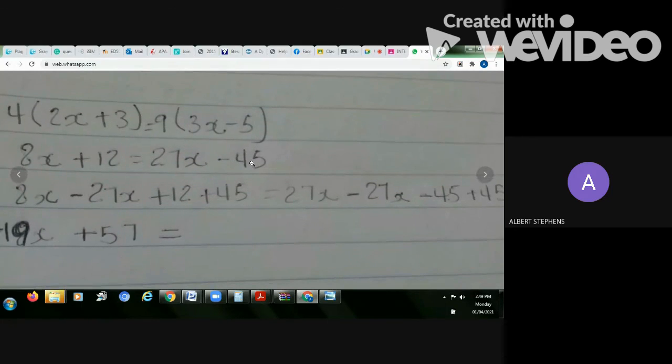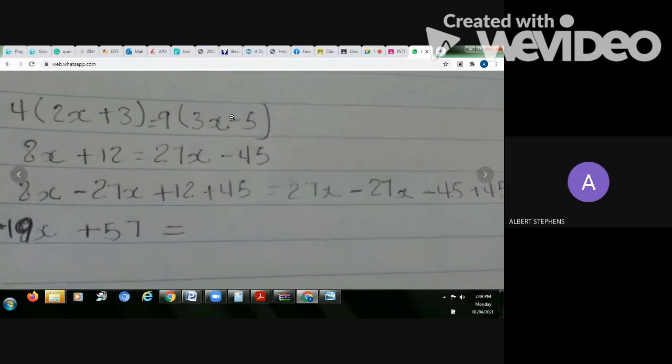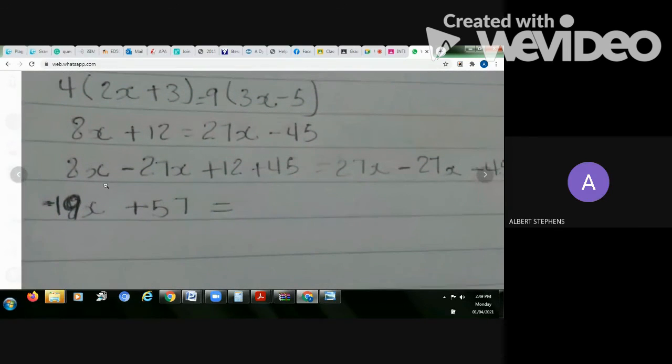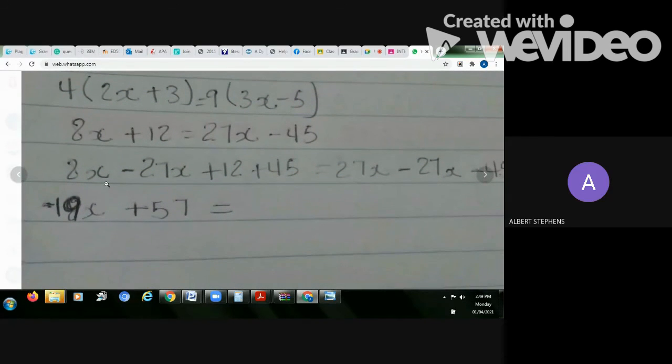Oh, I see what you're doing. But let me tell you what you're doing, Mallory. You put everything on the left hand side. So when you put everything on the left hand side, there's nothing on the right hand side to solve. That's the problem. You put all the letters, the unknowns, on the left, and all the knowns on the right. So where you have the negative 45,